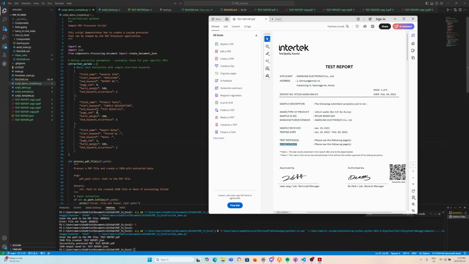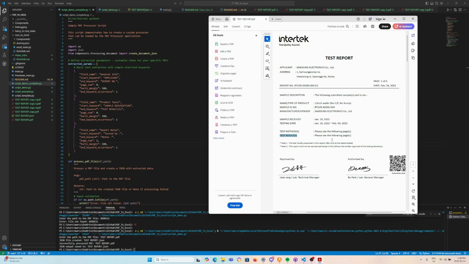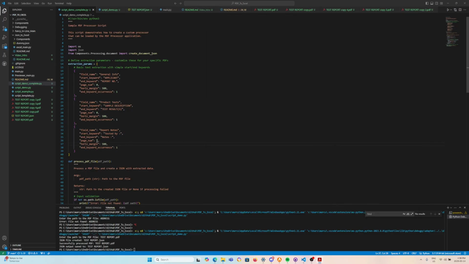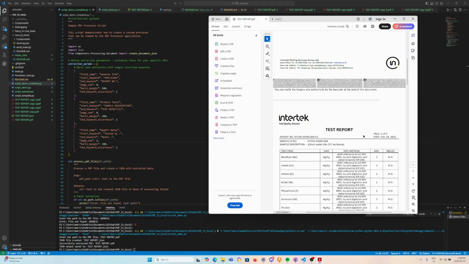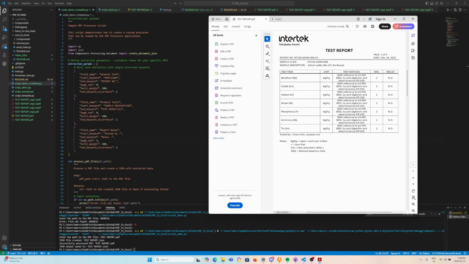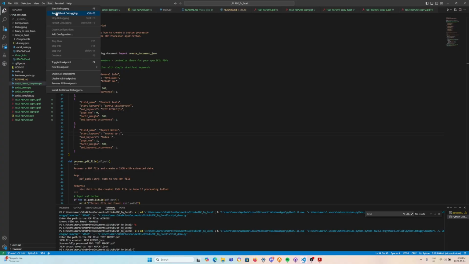Page number, it will always start at 0. 0 is your first page because that's just how computer code works. End keyword occurrence, basically how many times your end keyword can occur until it finds the line that it wants to stop at, the detector. And now if you go down, as we can see here, page number. Because it says page number 1, if we go back to the report, it will go to the second page. And let's just say, for example, here, we start keyword tested by, and the notes right here, as we can see. And if we run this code right here,